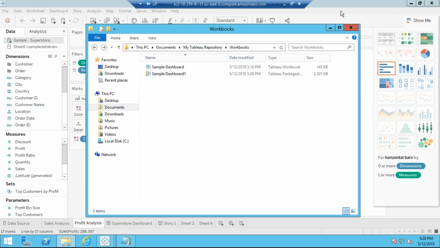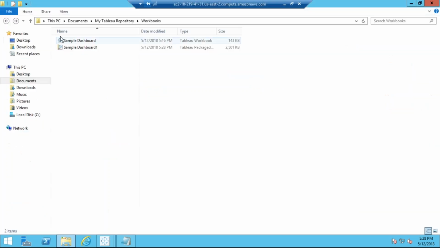And even the icons are different. If you check, the icons are different. By seeing the icons itself, you can identify whether it's a TWB file or a TWBX file, so you don't need to check the extension. Here you see the type also: Tableau workbook, Tableau packaged workbook.